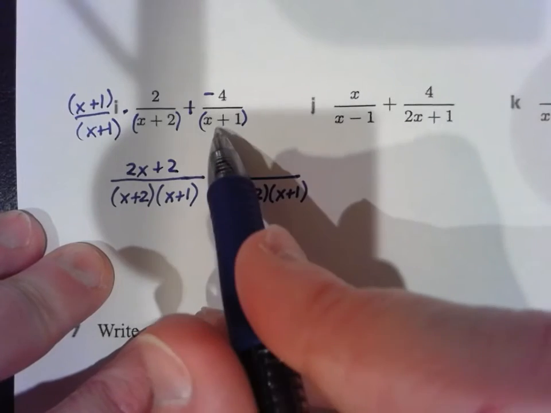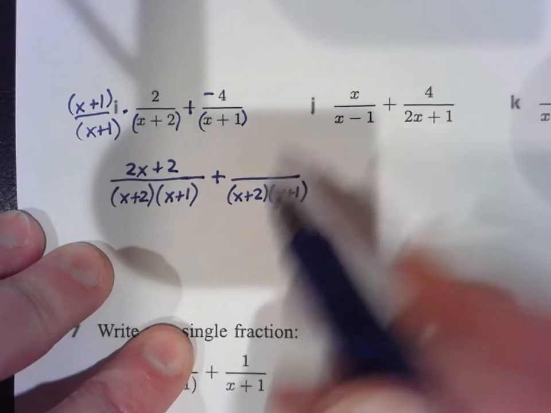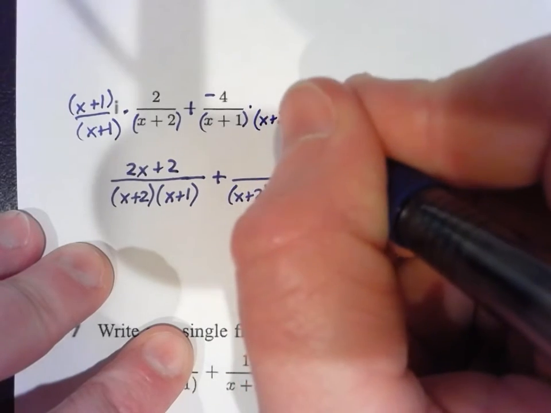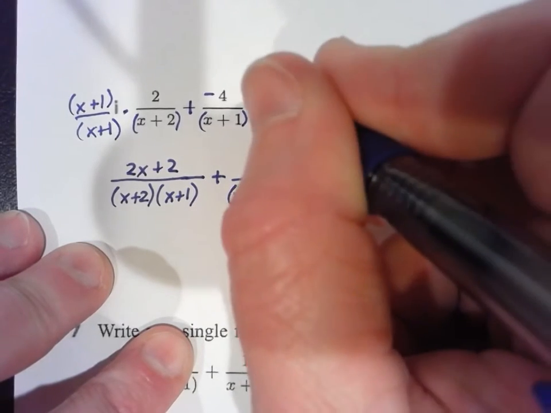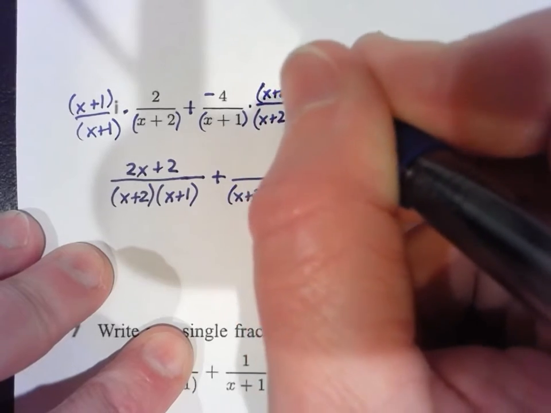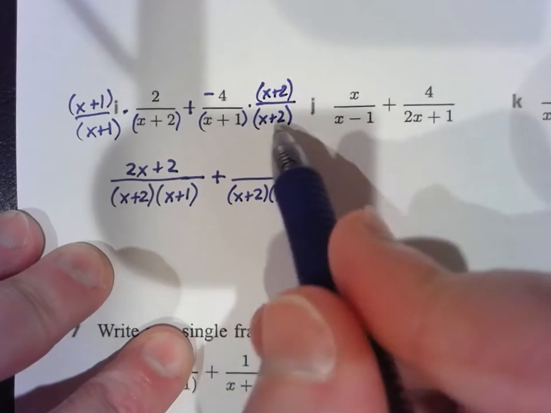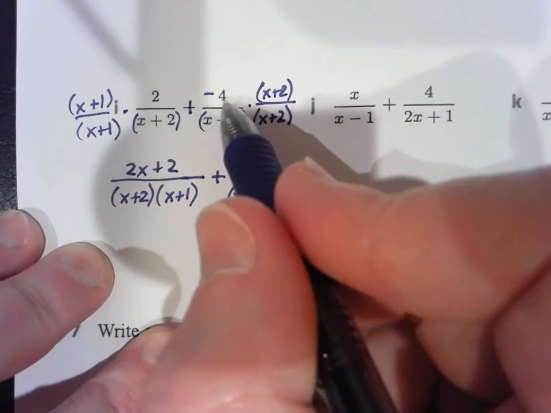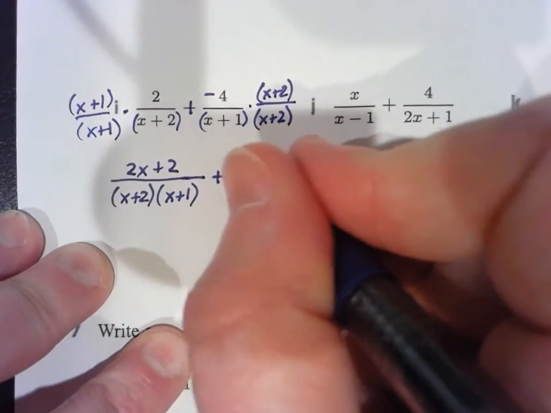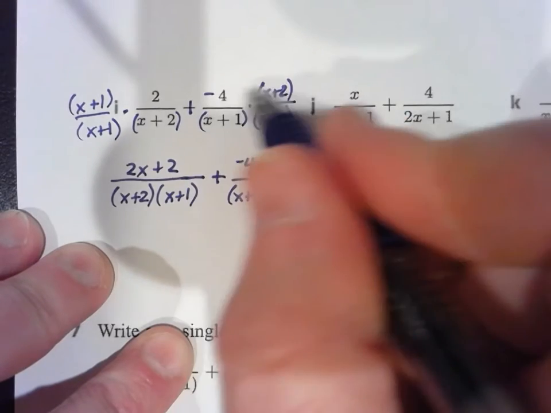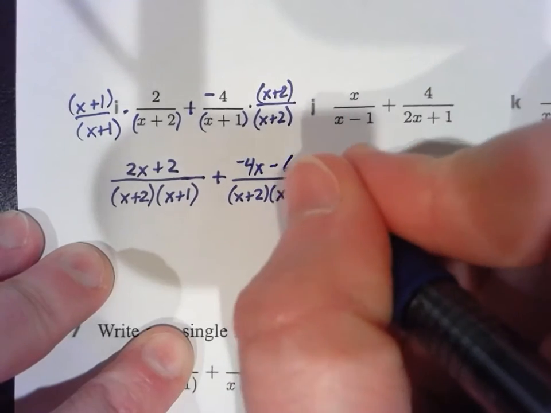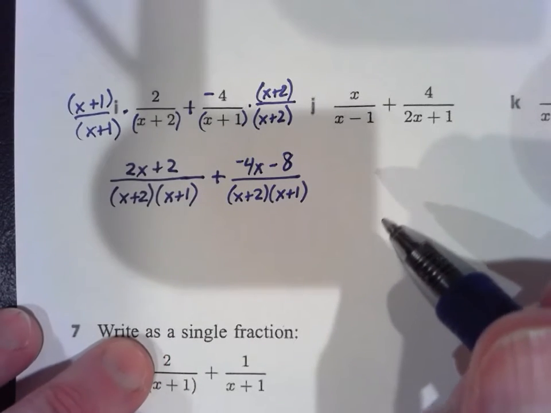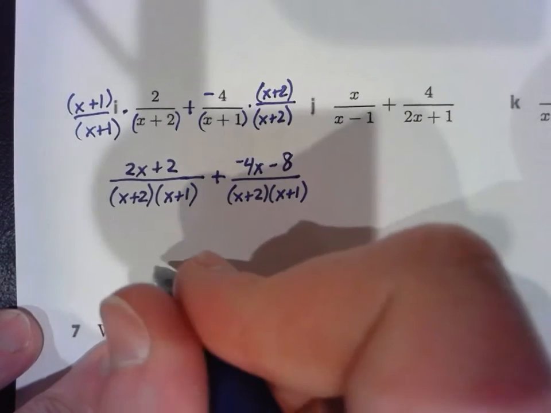In the second fraction, I've got an x plus 1 already. I need an x plus 2. So I need to multiply the bottom by x plus 2. Therefore, I have to multiply the top by x plus 2. Now the bottom has x plus 1 and x plus 2. The top, I need to distribute -4 times x, -4 times 2 makes that -8. So now we've got the common denominator,